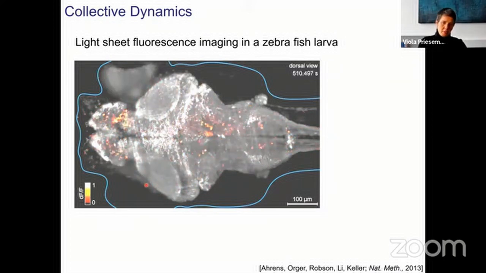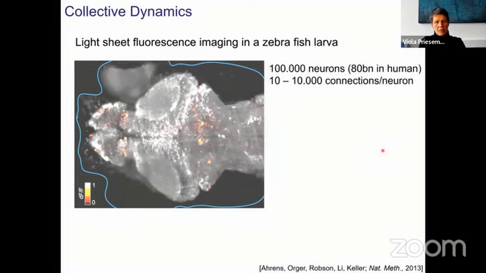Looking at the type of dynamics, and going in medias res here very quickly, there had been the hypothesis that these brains should operate close to a critical point, because that could be of advantage for information processing. When investigating these types of networks, however, we meet a number of challenges.